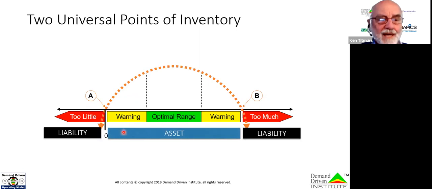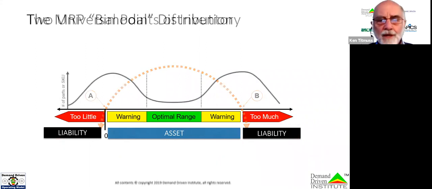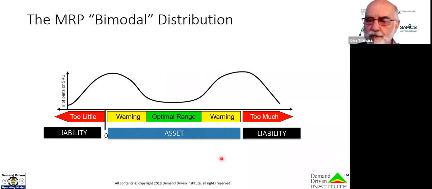So inventory is an asset if it's in this area here, but it's a liability if the on-hand balance is sitting in these 2 areas over here. And what happens when we go and analyze warehouses, and I've done quite a few of these, is that we find